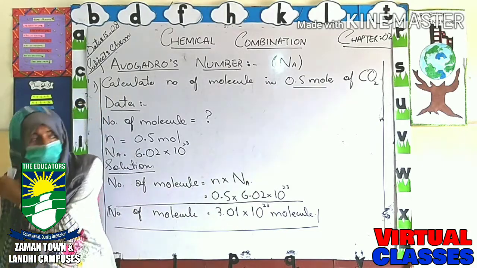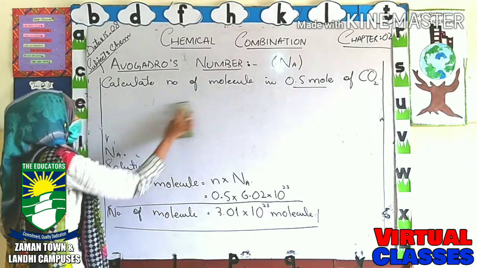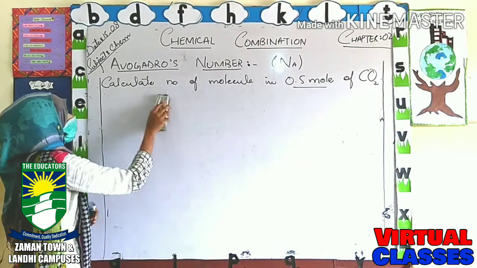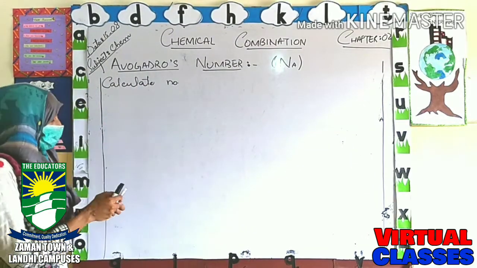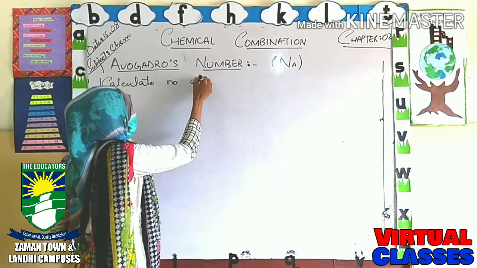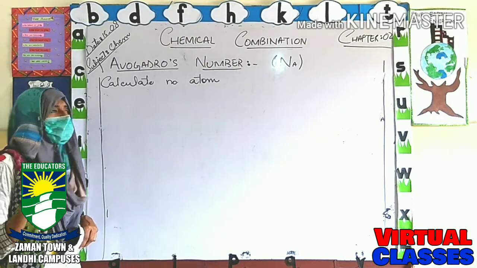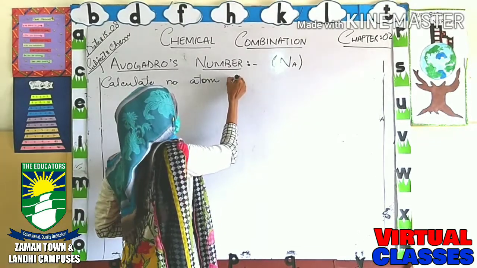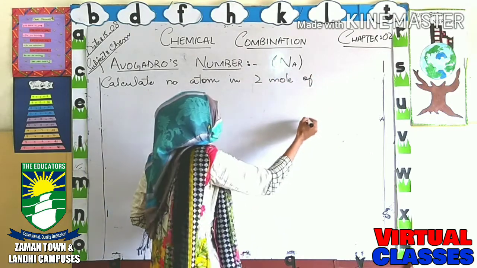Okay, now I am writing here the second numerical, and you will solve this numerical by yourself. The same method will be applied here. The numerical is that you have to calculate the number of atoms. In the first numerical we calculated the number of molecules. Just you have to calculate the number of atoms. In 2 mole of aluminium,